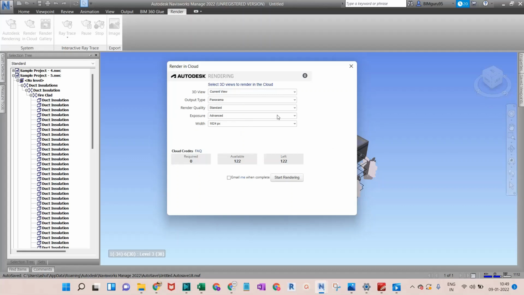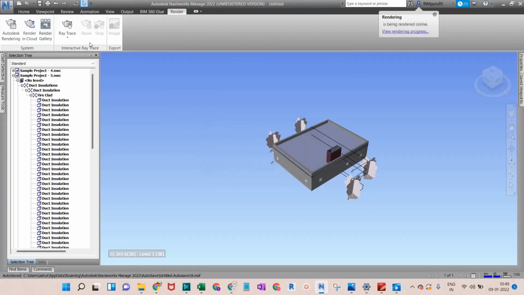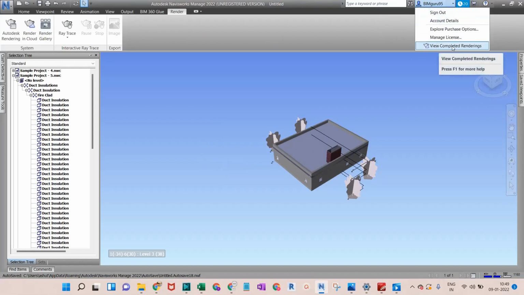Right now I'm not going with anything, so you can check that particular box so that it will drop you a mail that the render has started or ended. Because we are creating the video, we know that we are creating the render. It will not take that much time because this is saving in my Autodesk rendering platform. Right now you can see it is being rendered online. If I click on that particular thing, if I go to view completed renderings,